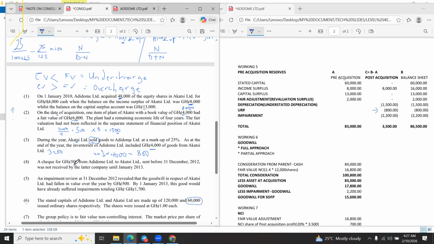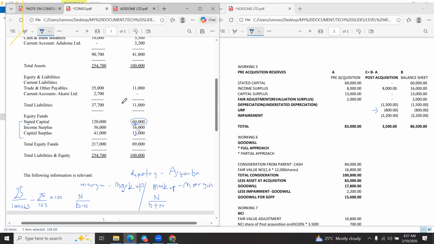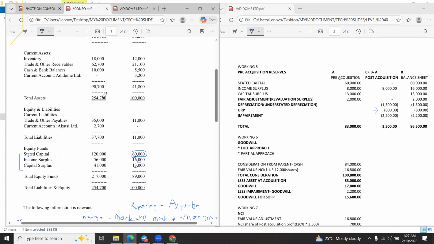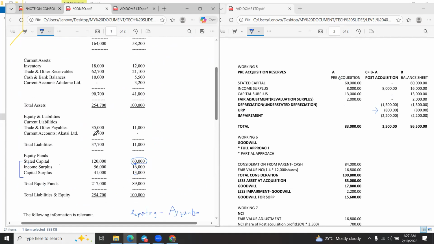What happens? If you pay something out of your cash, what do you do to reverse it? If you pay, it means that you are crediting it. To reverse it means you have to do what? Debit. All right. So we'll be doing some debit credit here. In the first place, you shouldn't have sold the goods to Akachi. So in the books of Adidome, where he says he owes Akachi, we'll be doing debit credit here, and we'll be doing another debit again. Why am I saying debit? Already in the books of